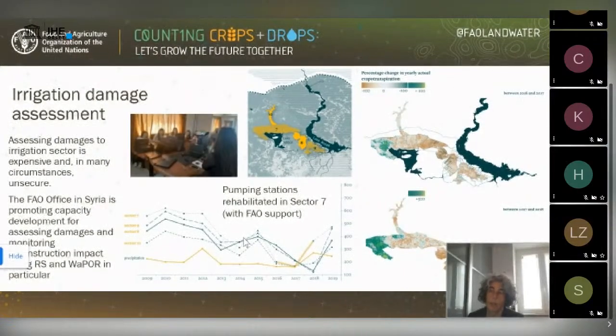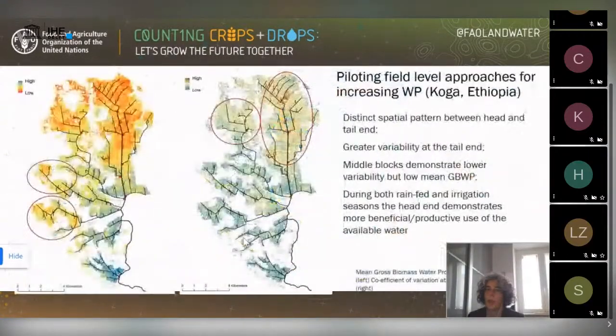But this, again, was done in collaboration with local experts. So that's why capacity development is a key component in this program. Another example I wanted to make is about, again, monitoring performance of irrigation systems. But this example here is from Ethiopia, from the Koga scheme, where another pilot area where IMI conducted capacity development